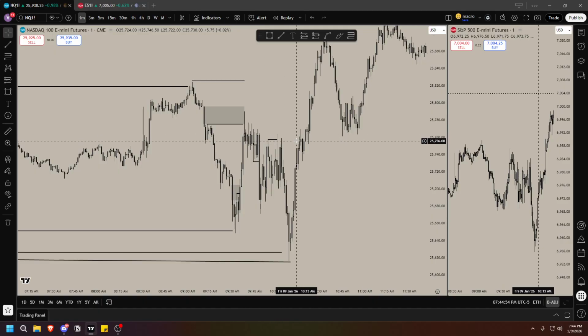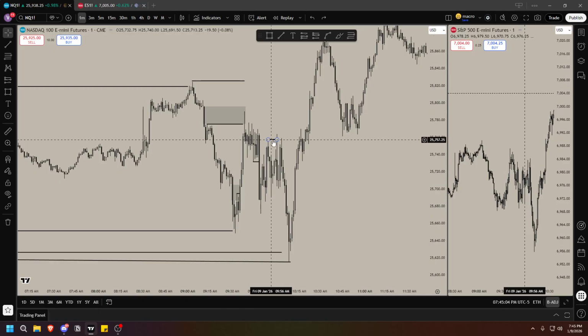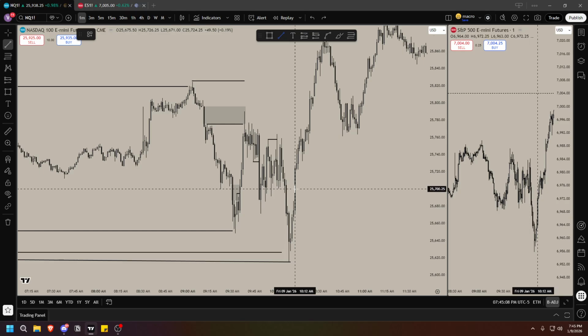We're still respecting it, even though it's by a wick or a tick, I mean. From here, total manipulation at the gill side SMT. It was a very small SMT, but it didn't even matter really. All you had to know is that after you made this turtle soup, price started selling off, okay? And let's say you were waiting for more confirmation.